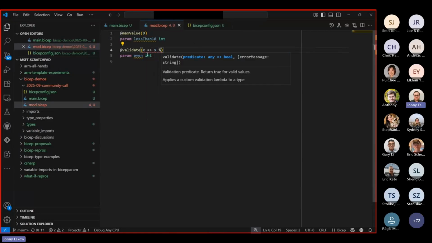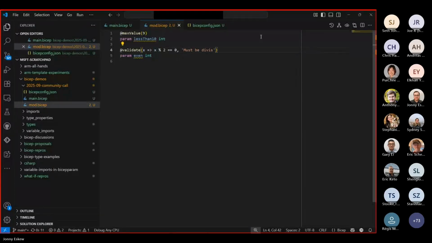You can pass in a lambda, and this has to return true or false. And if it returns true, then everything is hunky dory. And if it returns false, then we'll raise an error. You can pass in a second parameter here. Okay. The other thing that you can do is